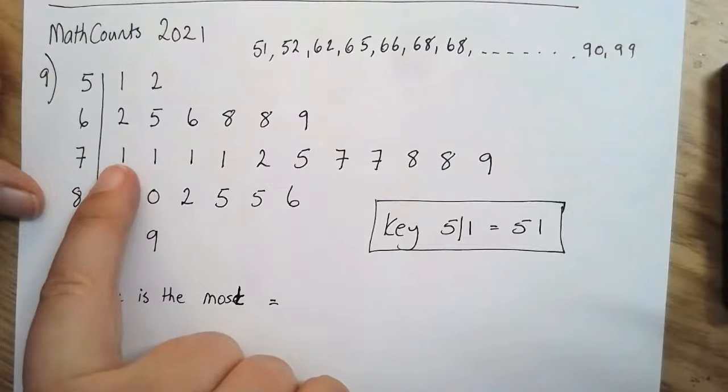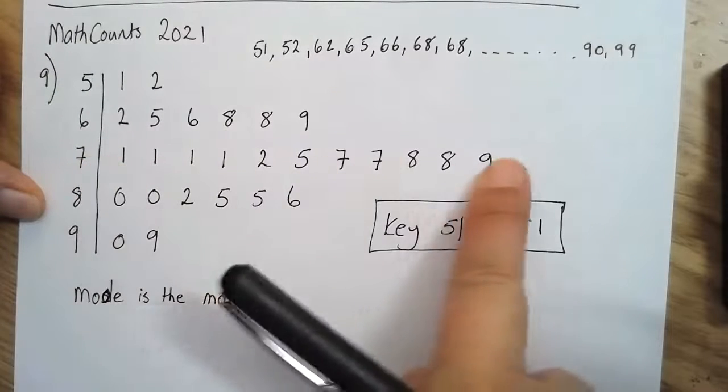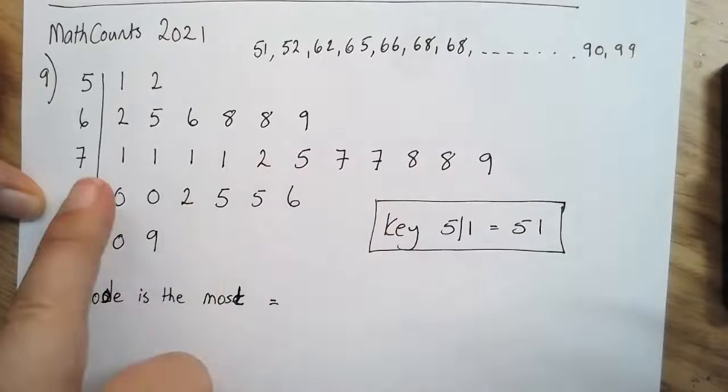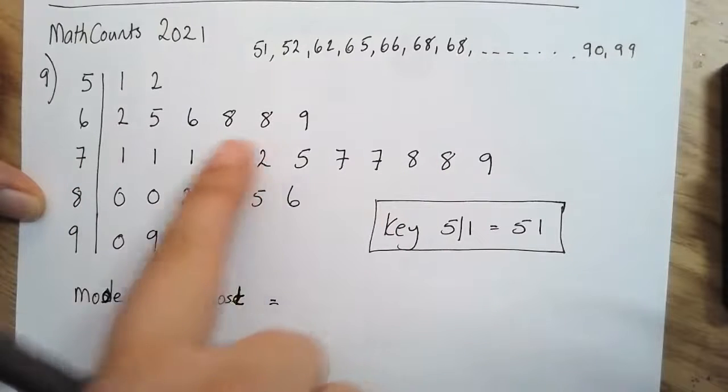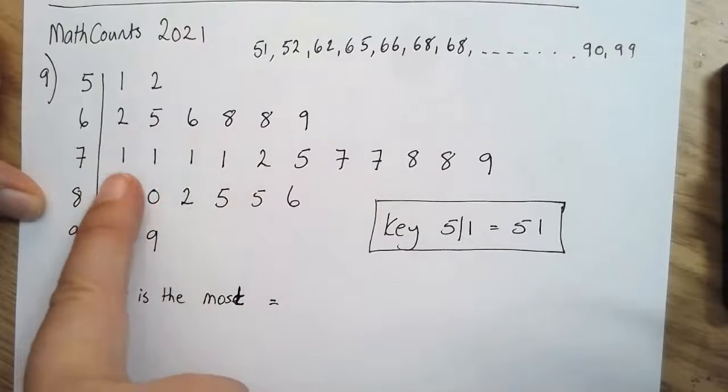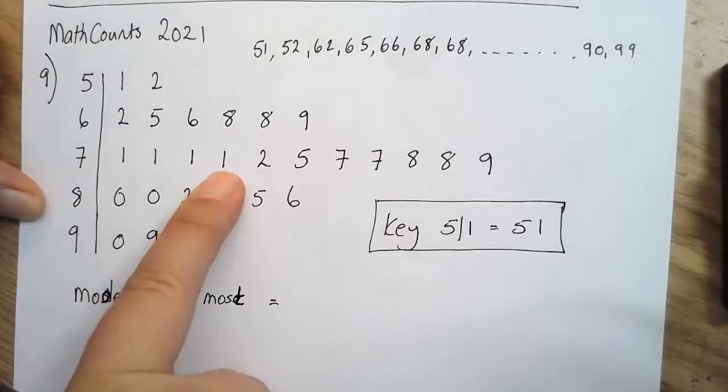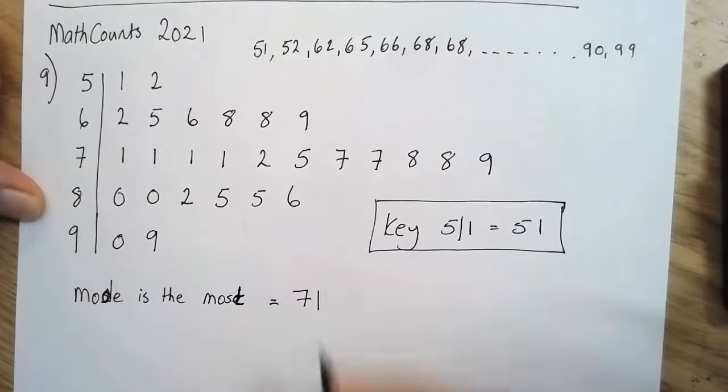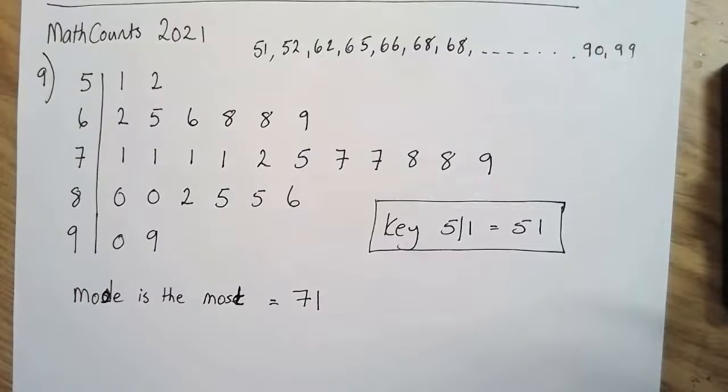What we're looking for is, within a single row, which digit repeats itself the most. It is these 1s here, but the mode is not 1, it is 71, 71, 71, 71. The mode is 71. The median